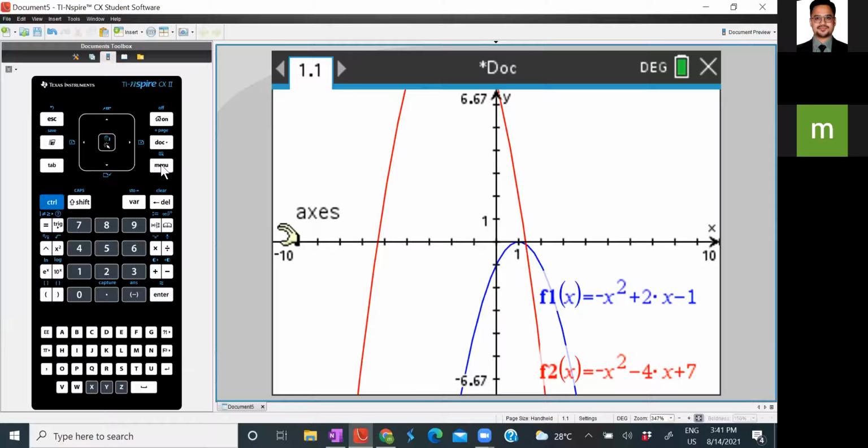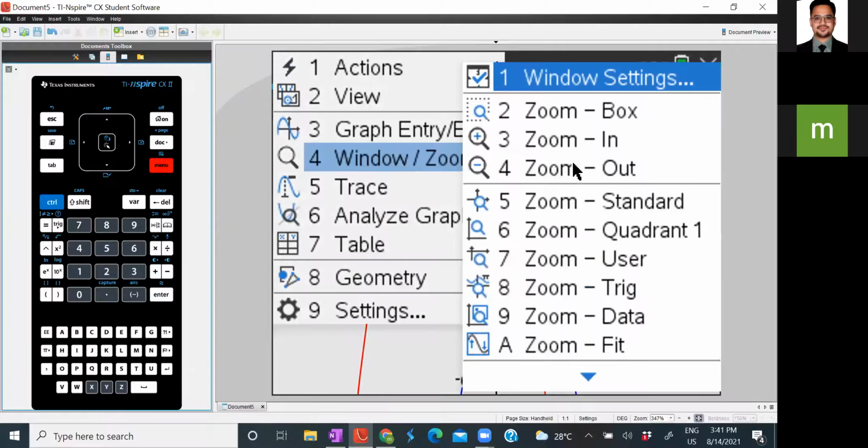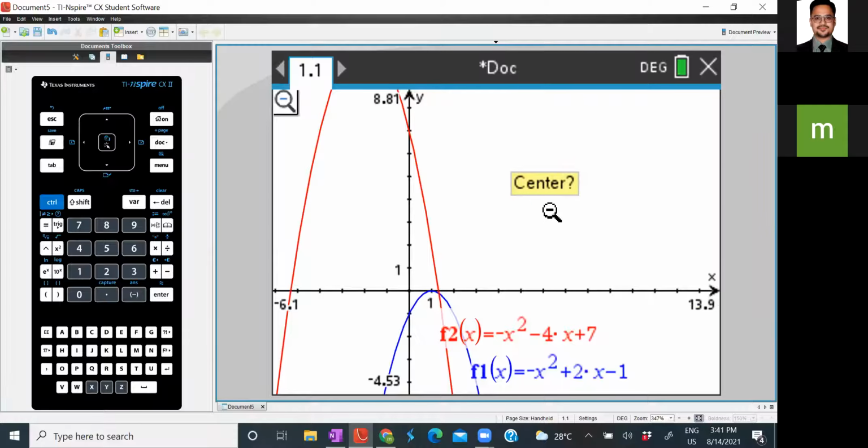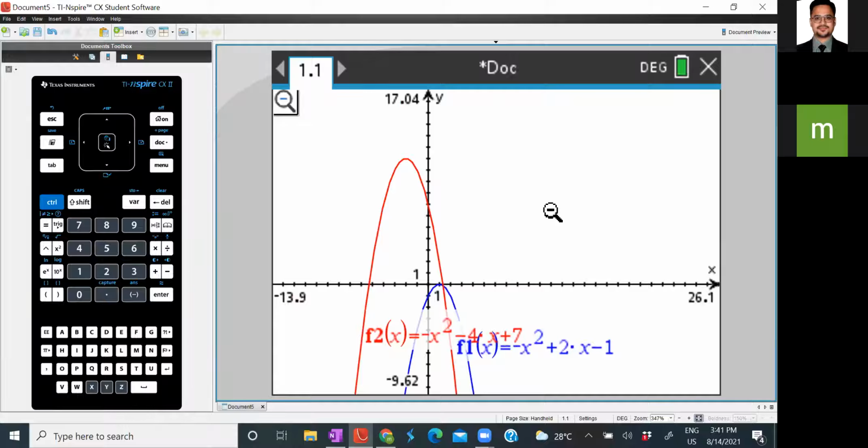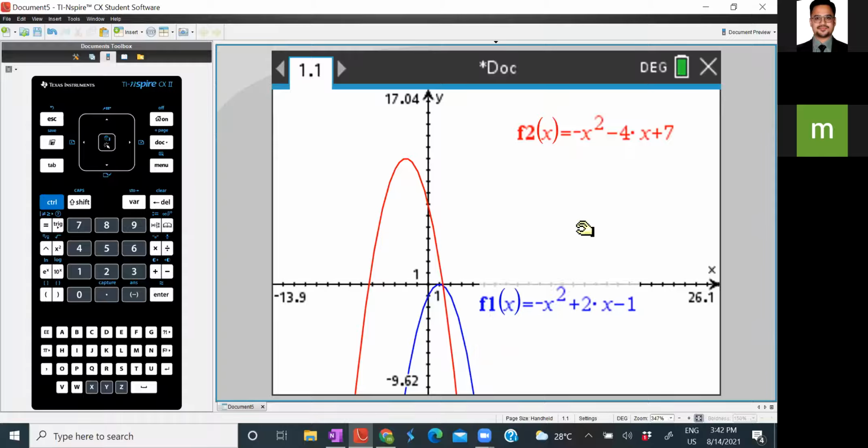Now let's go to menu to zoom out. All right. So I've zoomed out. And if you hover over the screen, you'll see a hand button. And if you long press, it will hold it and you can move it also. So I can also move the labels of the function wherever I need, especially when you're submitting your projects and you want to take screenshots and you want to make it clear. This will be very helpful.